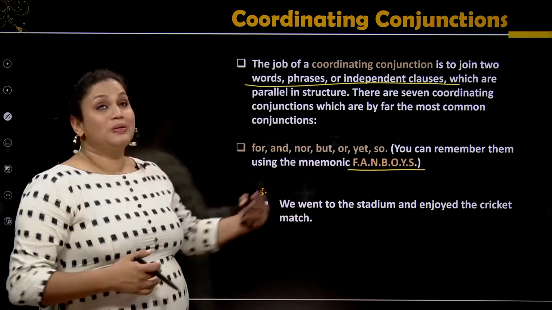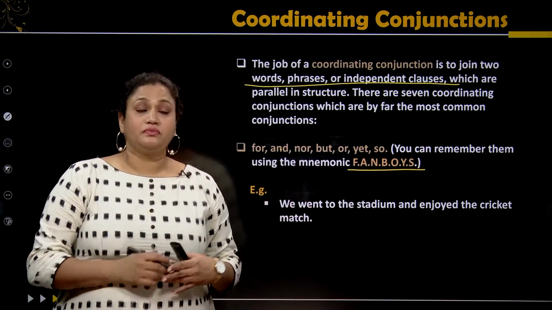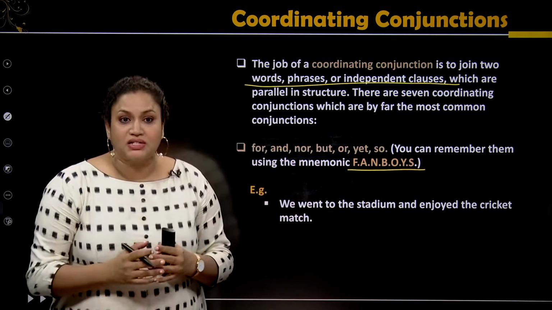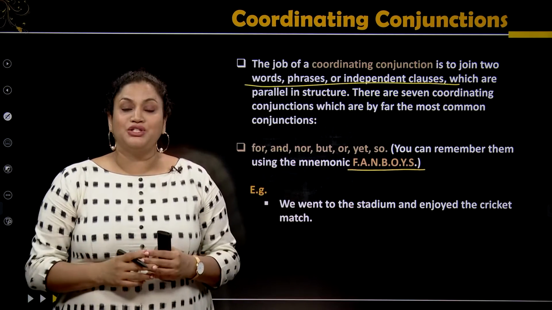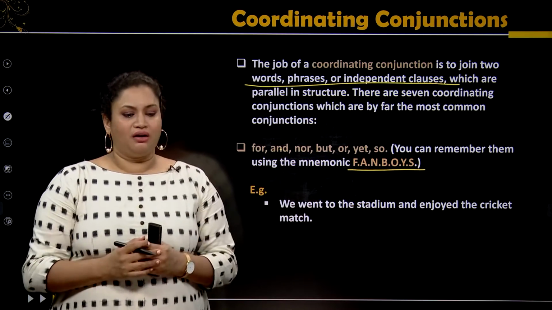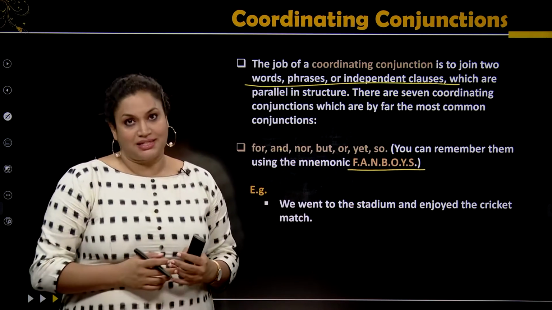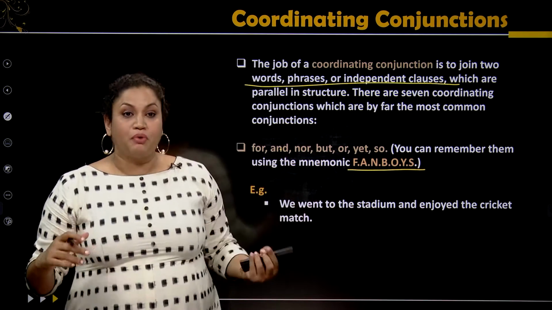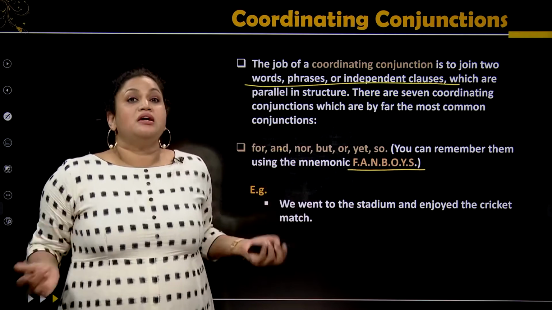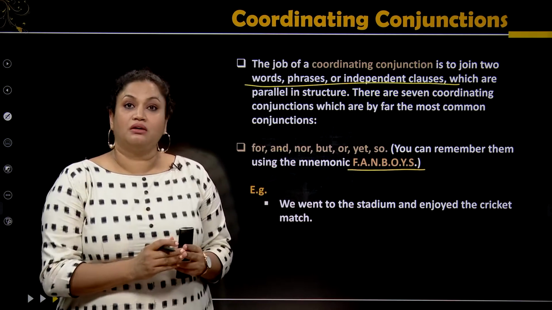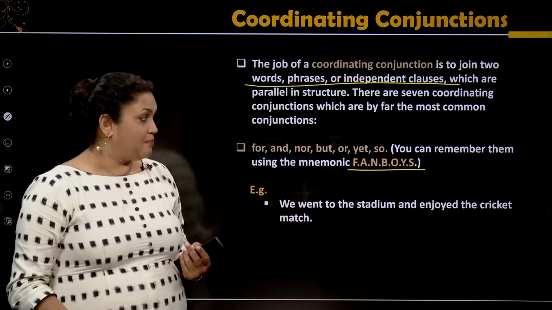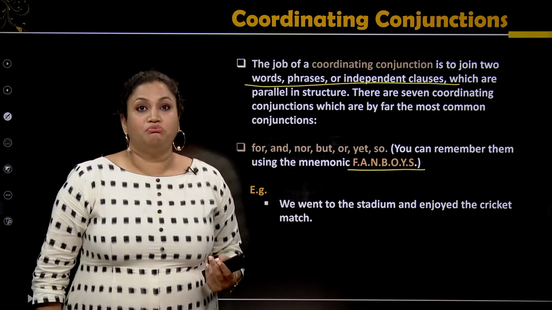Now, when I'm using "and," we have to understand that "and" is used to add two positive things, or to add items of a list and stuff like that. So we cannot use "and" to add one positive and one negative thing. It is supposed to be used only to add something that is similar. I cannot say "bold and ugly."